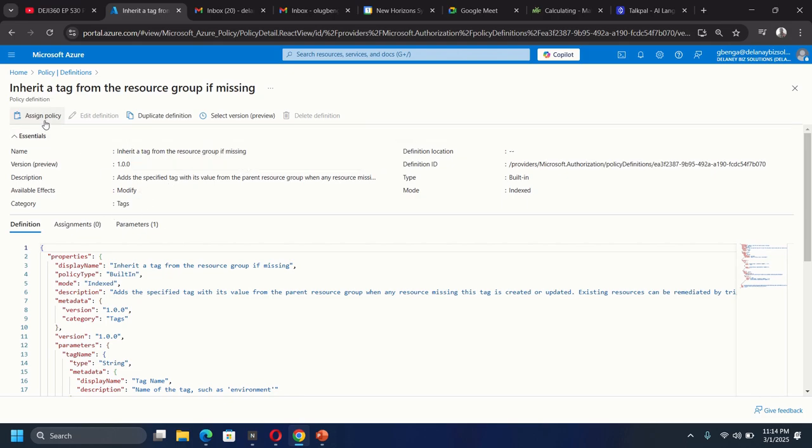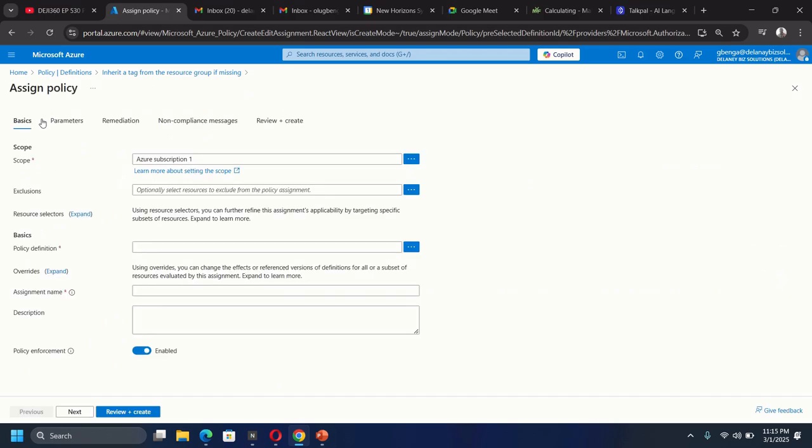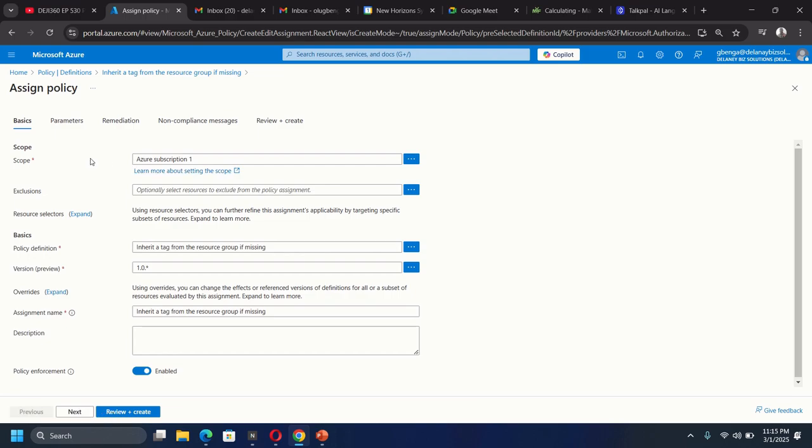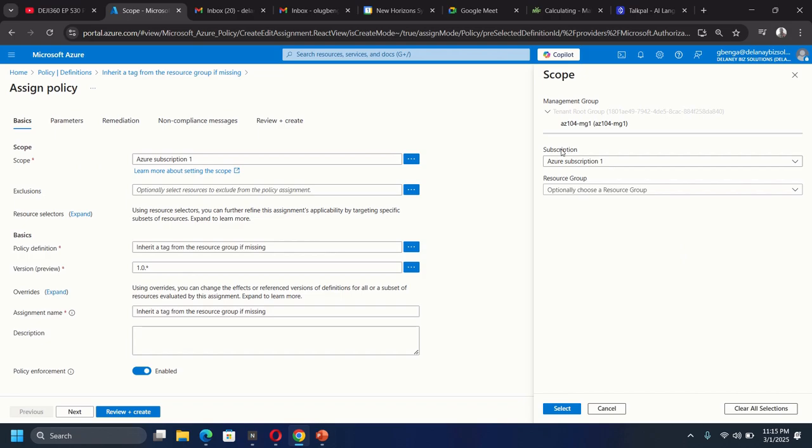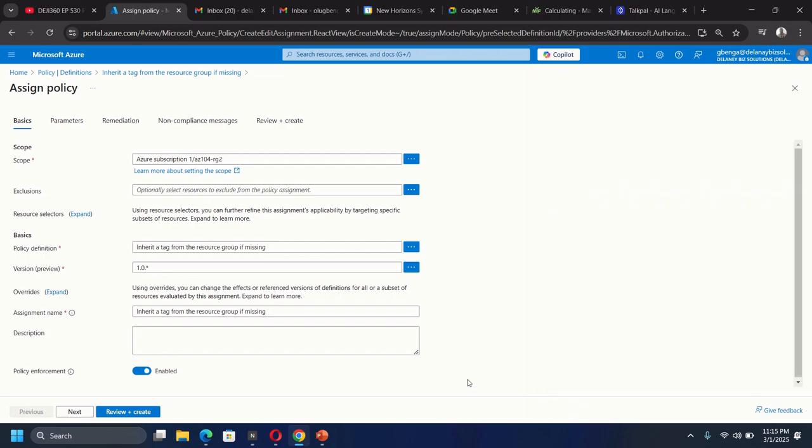So I'll click on assign policy, and I need to specify the scope. The scope is, okay, let me click this button. The subscription will be Azure subscription 1, and the resource group will be RG2 resource group. So I'll click select, and for the assignment name, I will change the name. I will say inherit,